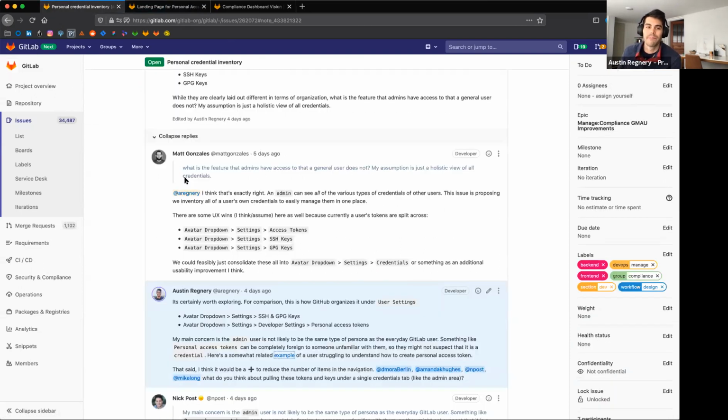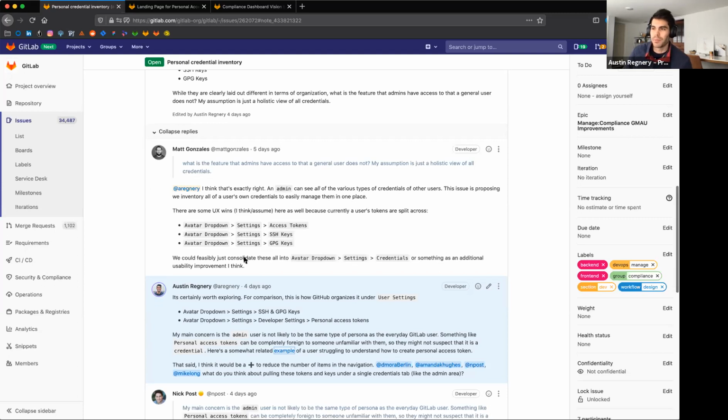So that's where I run into this crux of, are we actually solving the right problem? The problem I think is addressed in this issue is that we have inconsistent UI. And I don't know if that's a worthwhile problem to solve all the time over other problems that we could be solving as a group.